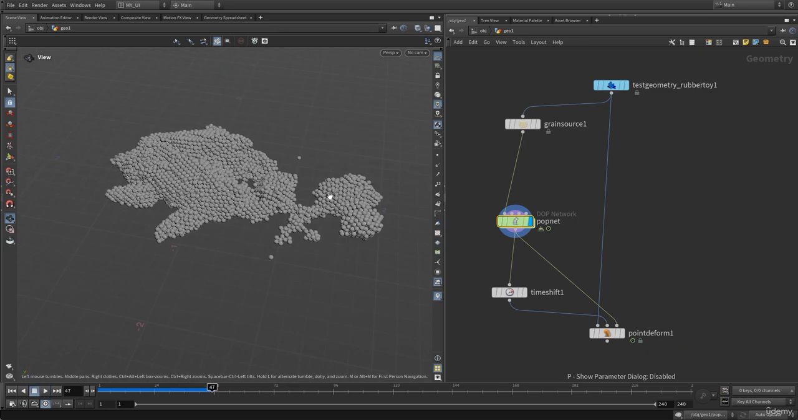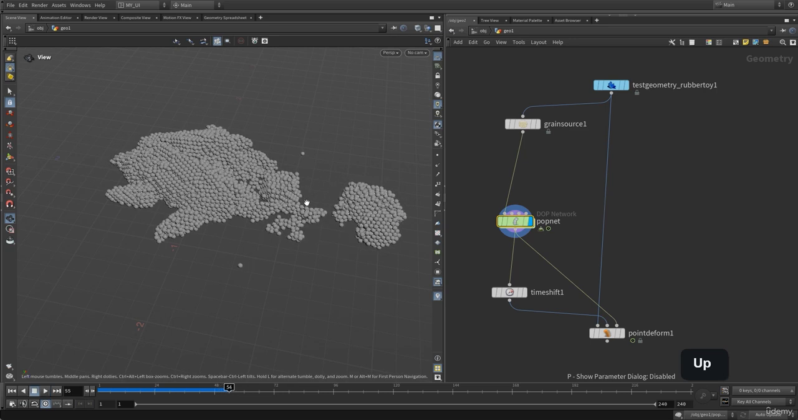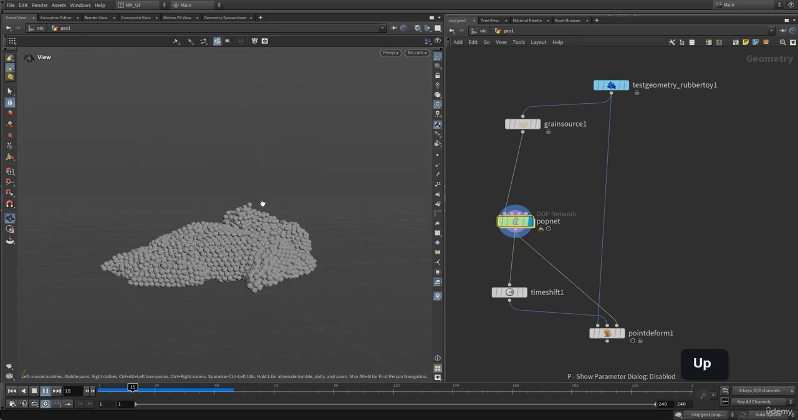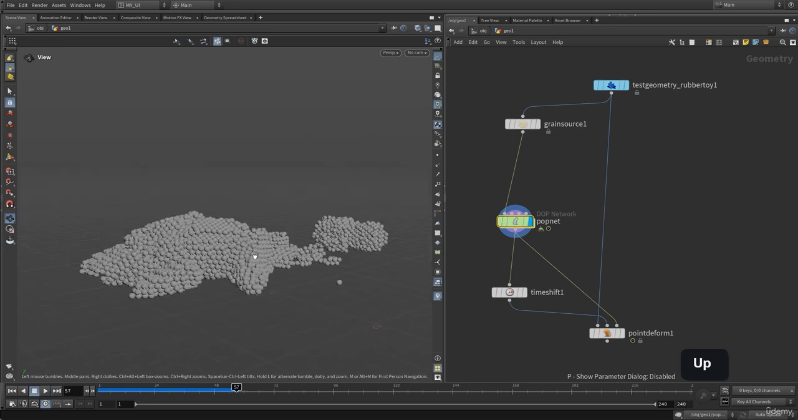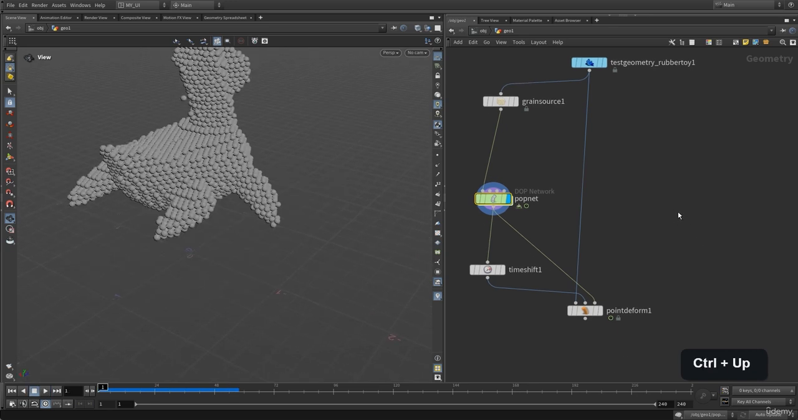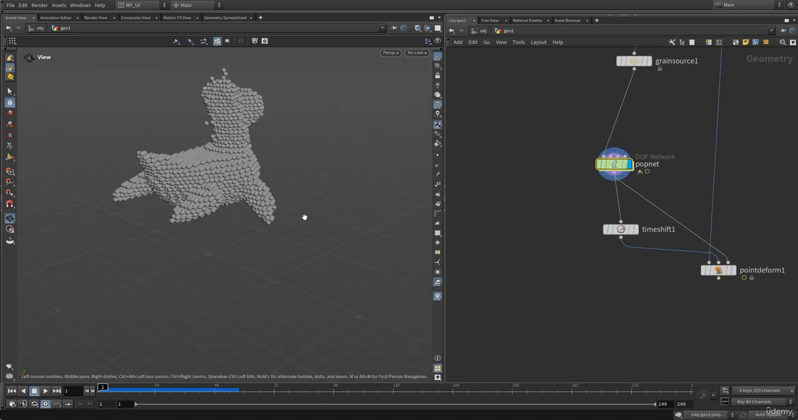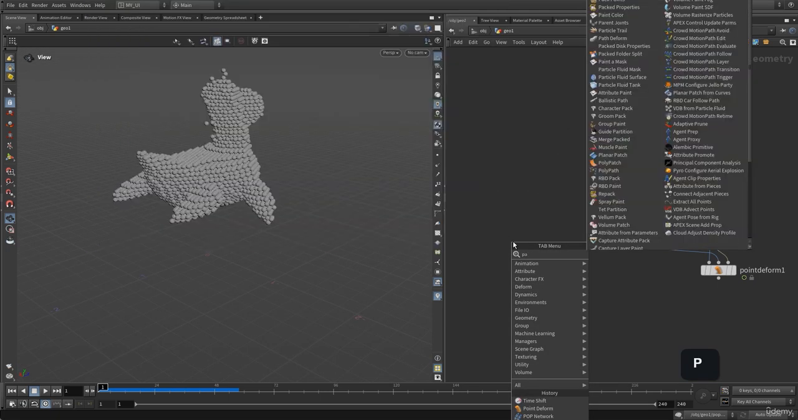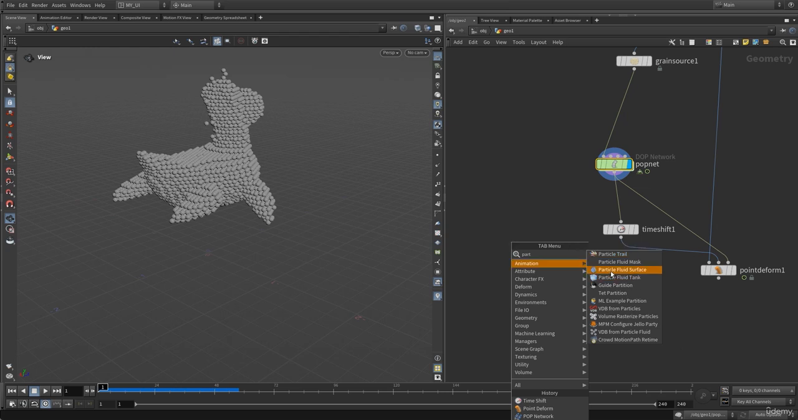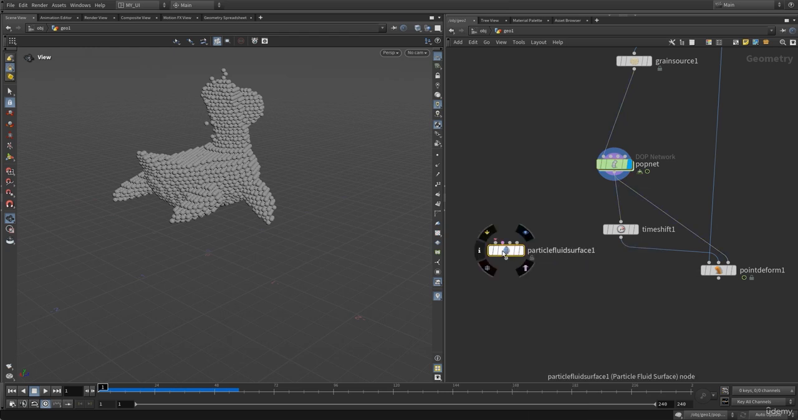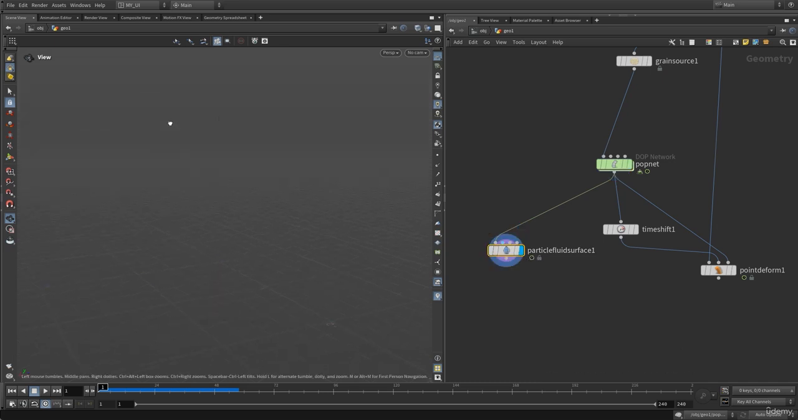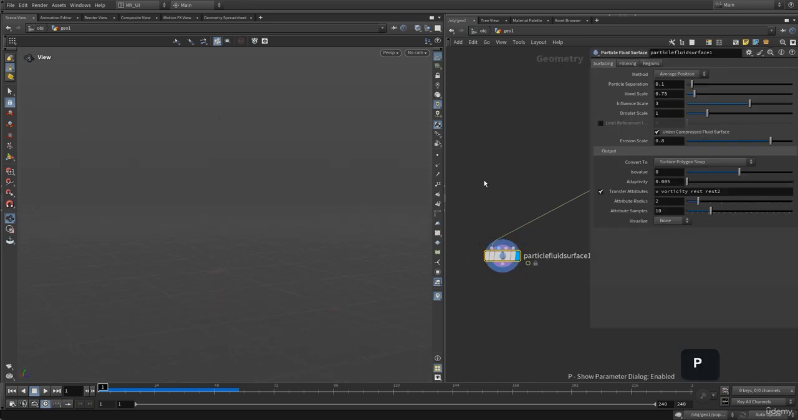So all of these constraints are now broken, and by doing these constraints you can also create your mud type simulation. I'm going to just after the PopNet, maybe I can create this as a particle fluid surface because I want to convert this into mud. So let's add a particle fluid surface node and let's connect this in here, and that will just convert our points into mesh. And right now the particle separation value is too high, so let's lower this down to 0.05